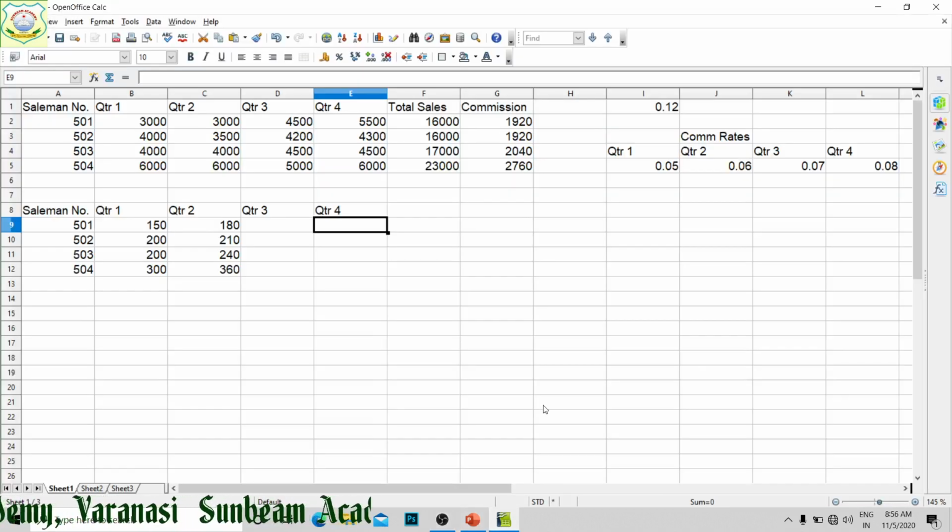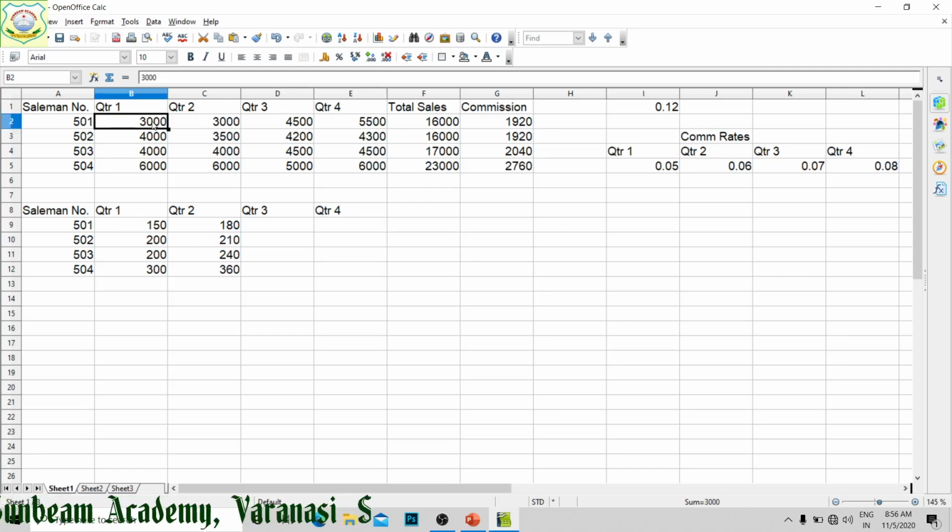So students, you have seen this cell reference and you have practiced it. Now how we are going to edit the cell content, and whenever the cell content has been used in any of your formulas, as per the updation everything changes. Suppose this quarter one 3000, I am going to make it 5000. As soon as I press enter, everything related to this, here you have seen 18,000, now 2,160, this becomes 250, means everything will be updated automatically.